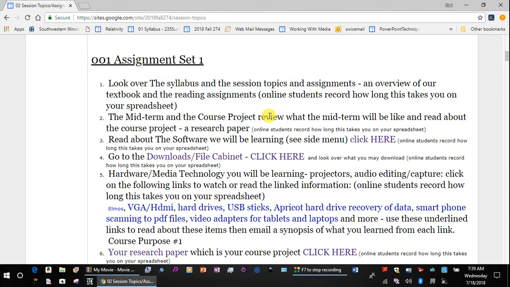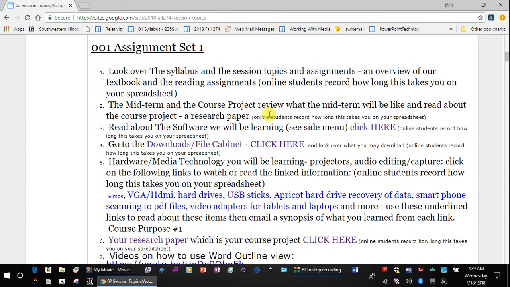Plus you have a research paper you're going to be doing, and I'm going to cover that in just a minute. But let's take a look at just the first set of assignments here. You're going to look over the syllabus and all the session topics. So the session topics, if I scroll down here, and I'm going to go very quickly all the way